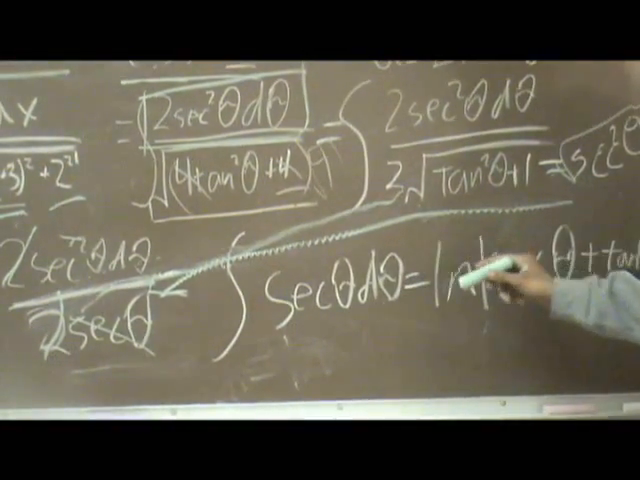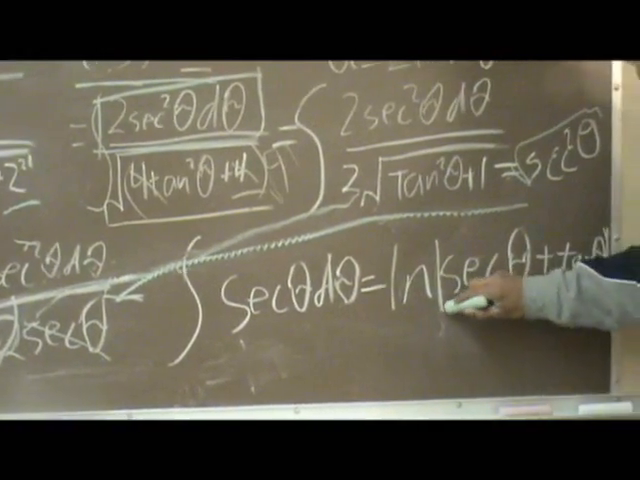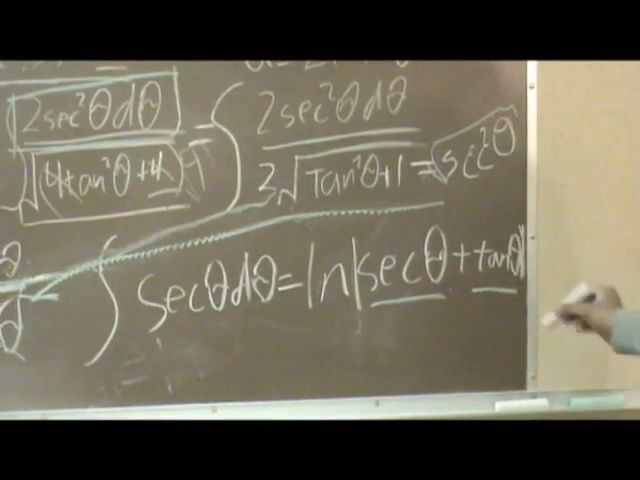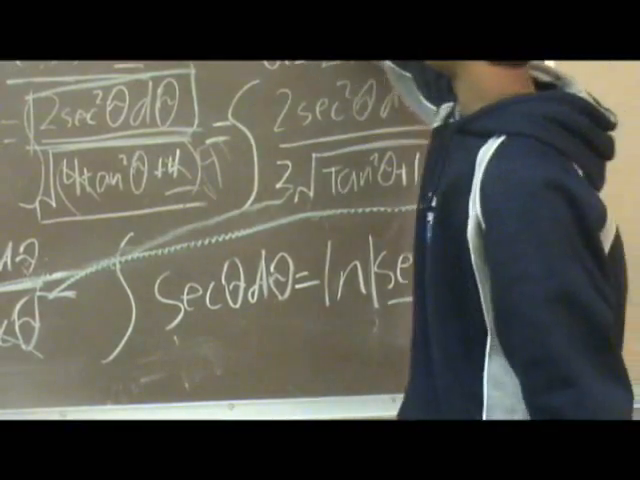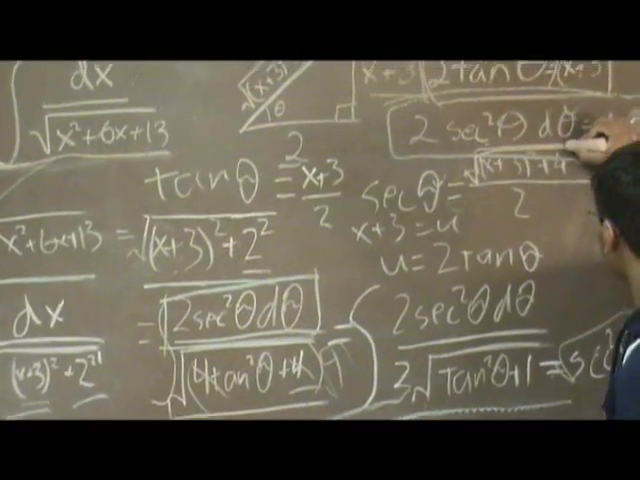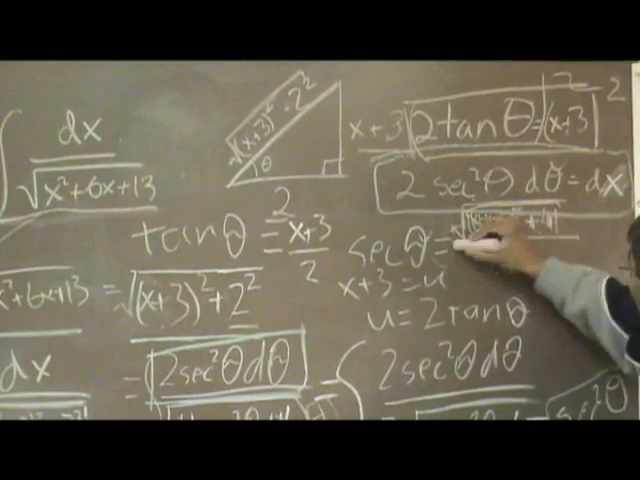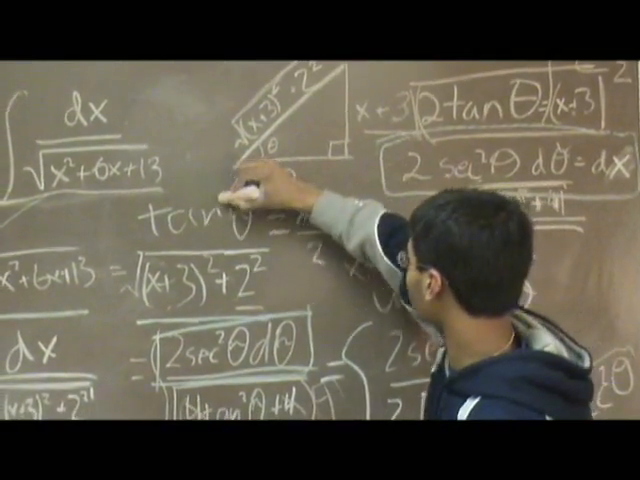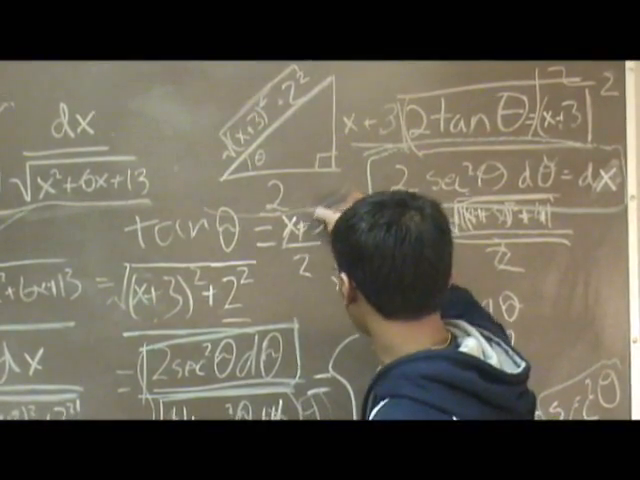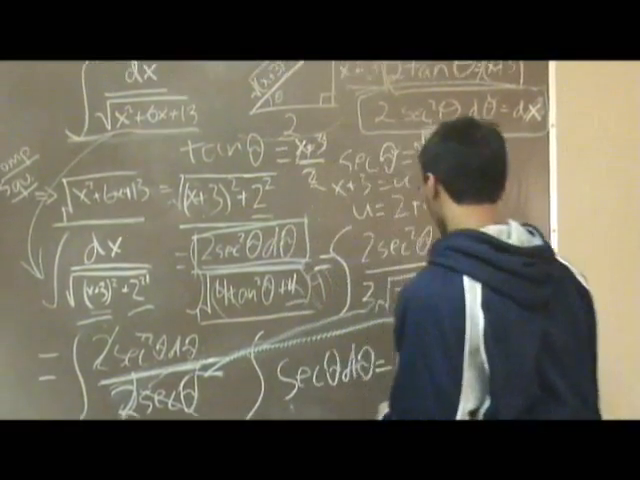The integral of secant theta d theta, as we've done before, is equal to ln of the absolute value of secant theta plus tangent theta. Knowing this, we can find our final answer. Secant theta, as you can see from our triangle, is equal to the square root of (x plus 3) squared plus 4, over 2. And tangent theta is equal to x plus 3 over 2. Therefore, our final answer is